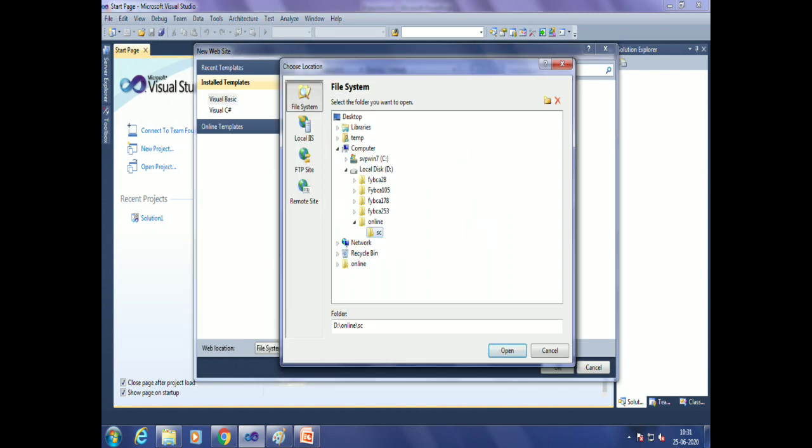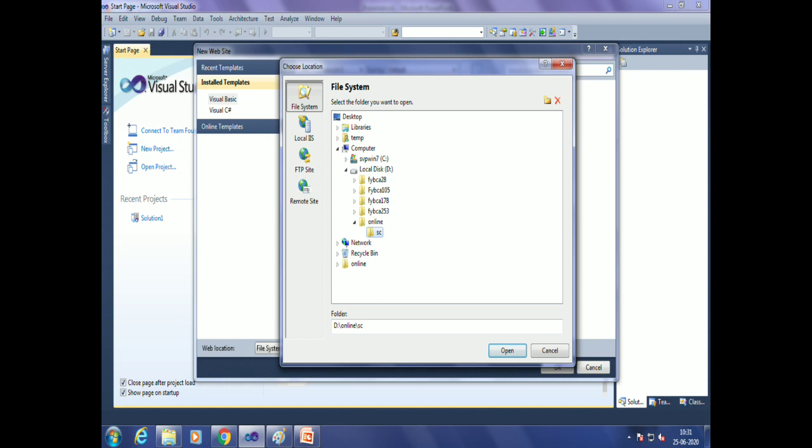Now, as soon as we click on browse button, we have one dialog box open with us, choose location dialog box. Within choose location dialog box, we have to click on file system, which display entire hard disk folders.